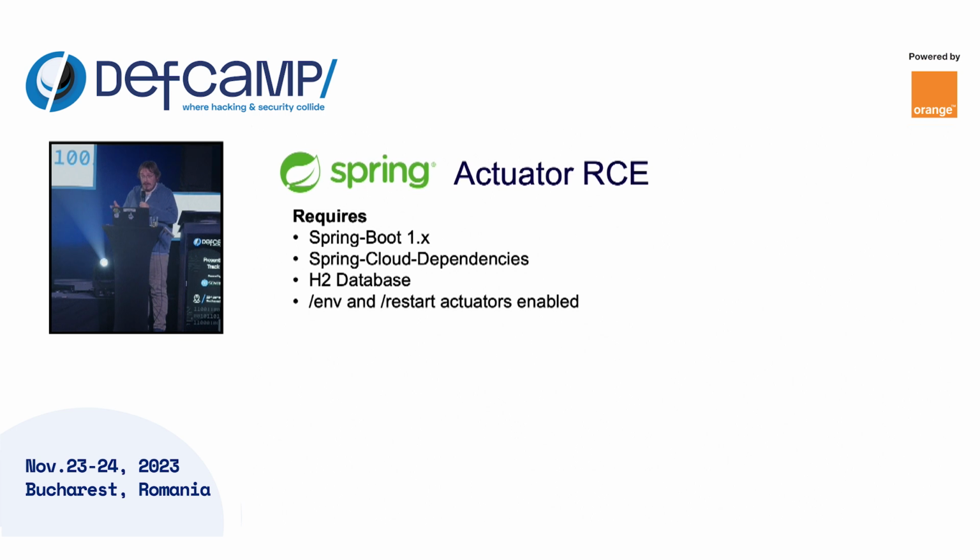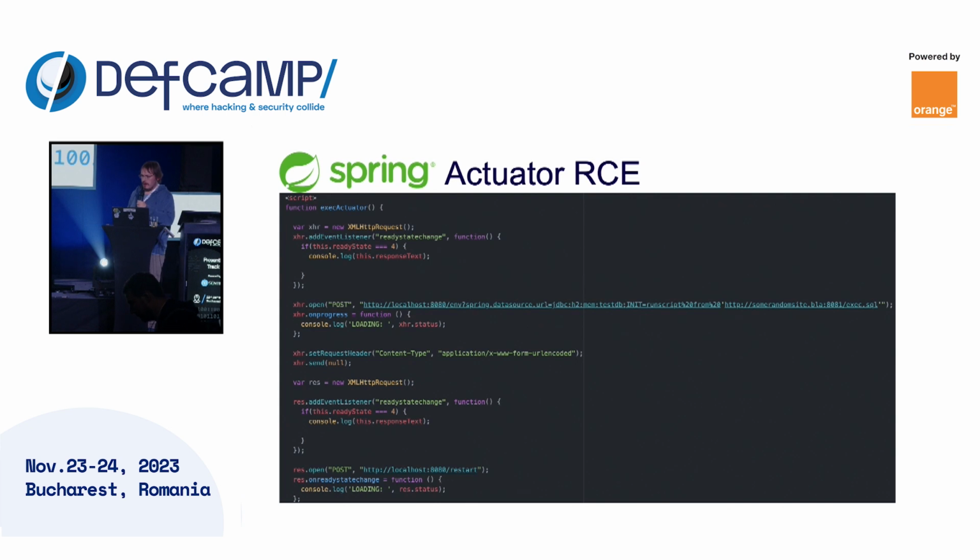Anyway, there was an earlier version of Spring Actuators where you could make changes and it didn't require a JSON content type. That's Spring Boot 1, which is very old and reached end of life in 2019. You require Spring Cloud dependencies, which give you the ability to modify the environment variables of the application via the env actuator. You need an H2 database, and you need to be able to restart the application, because once you change the properties you have to restart it for those changes to take effect. With all of that there, which would realistically be very rare, although I have seen it a few times,